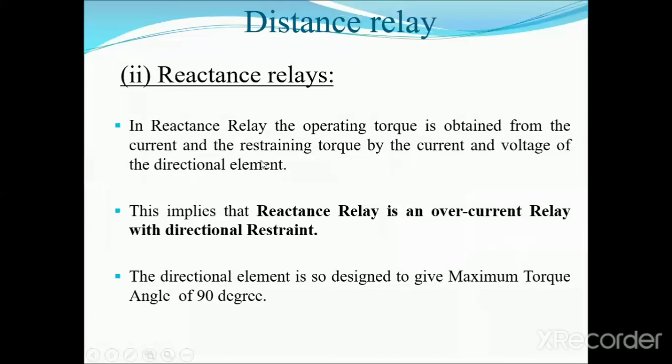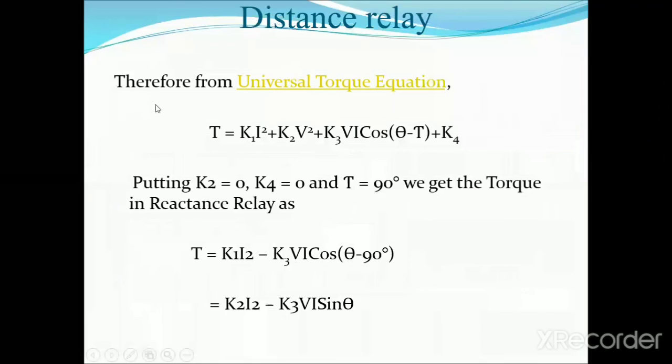Okay, next, the reactance relay. The reactance relay operates on the torque produced by the relay coil. This relay is a high speed relay. It consists of two units. One is the overcurrent element, developed by the positive torque current, and the other is the negative directional element, which acts in the opposite direction.